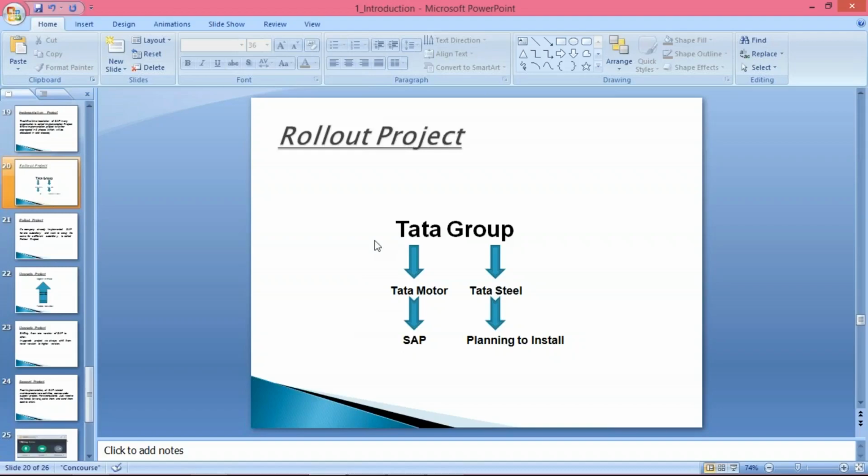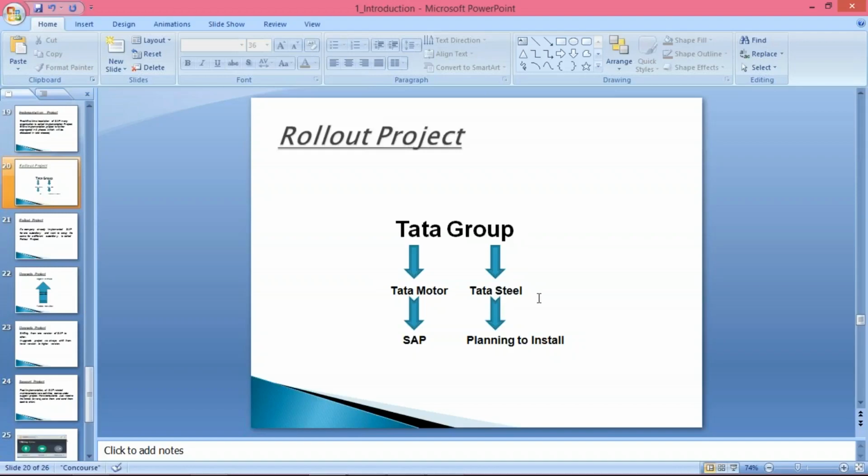So that's what Tata Group has done: they have invited certain IT companies. It could be Wipro, Infosys, TCS, any IT companies; several IT companies are there, so they can invite anybody. They have invited some IT companies for this implementation. So the first time, at group level and at subsidiary level, the installation has taken place for Tata Motors. That is why this Tata Motors project is going to be treated as an implementation project.